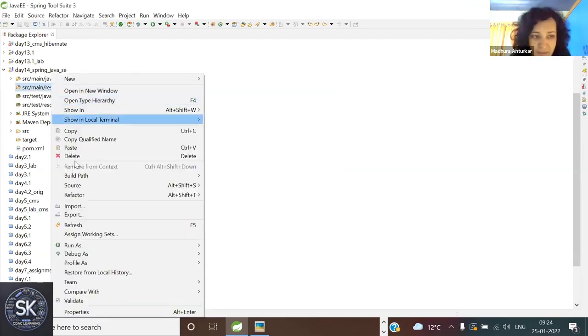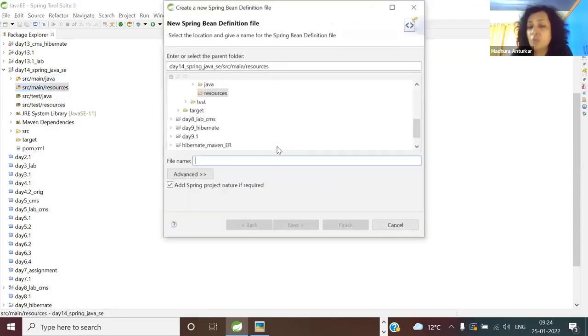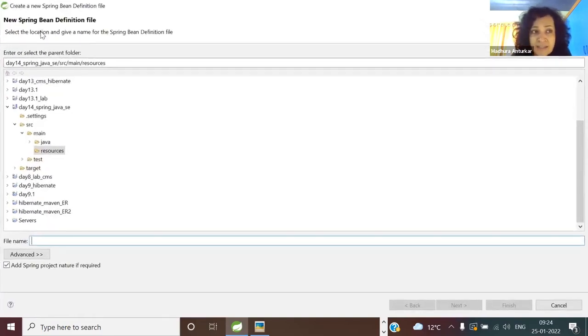Okay, so right click on this, say new, and choose Spring Bean configuration file. Do not do things ahead of time, because if you know this already, okay, go ahead. But otherwise, wait. Now the next question. Select the location and give the name. The location I have already selected, src/main/resources. The file name can be anything, ABC. But since it is a bean configuration, typically I give it as beanconfig.xml. No need to add the extension.